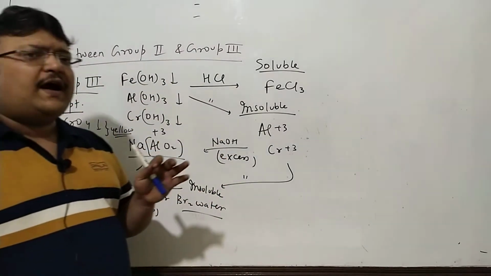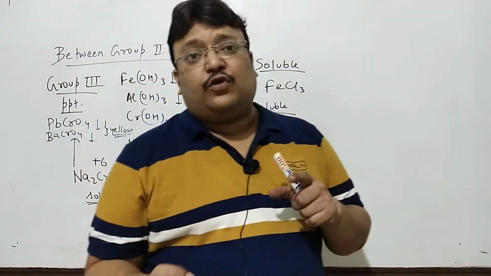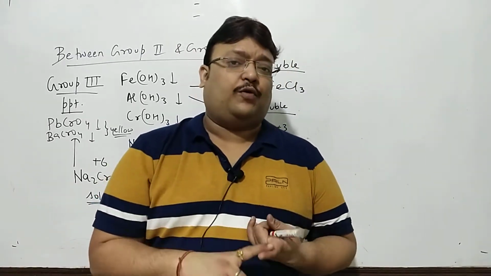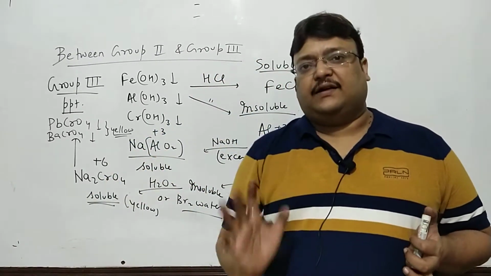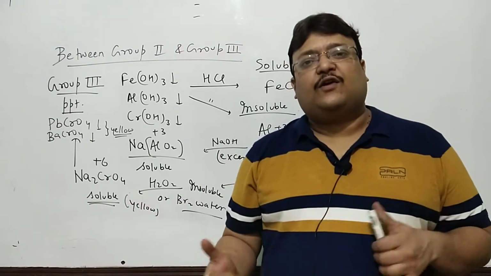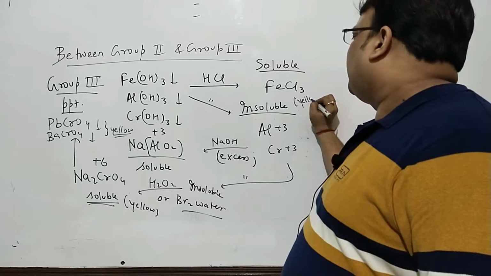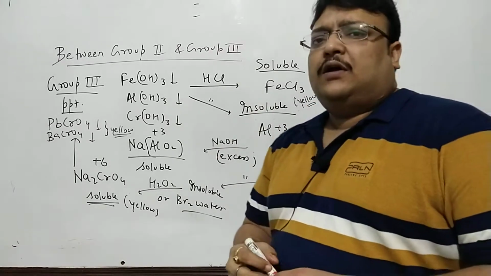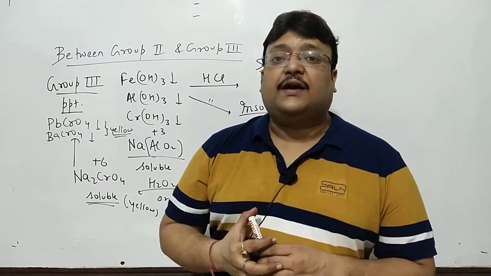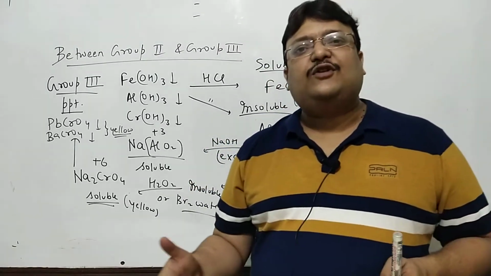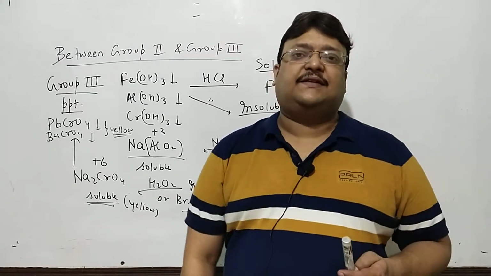When you add a reagent ammonium hydroxide and before that you add ammonium chloride, you get a precipitate. It's either iron, aluminium or chromium. First of all, add HCl. If it's soluble, ferric chloride. Ferric chloride is yellow. Very popular solution, ferric chloride, yellow solution. Ferric salts are yellow, ferrous salts are green, chromium salts are green. Aluminium hydroxide is the only gelatinous white you will see in your syllabus.